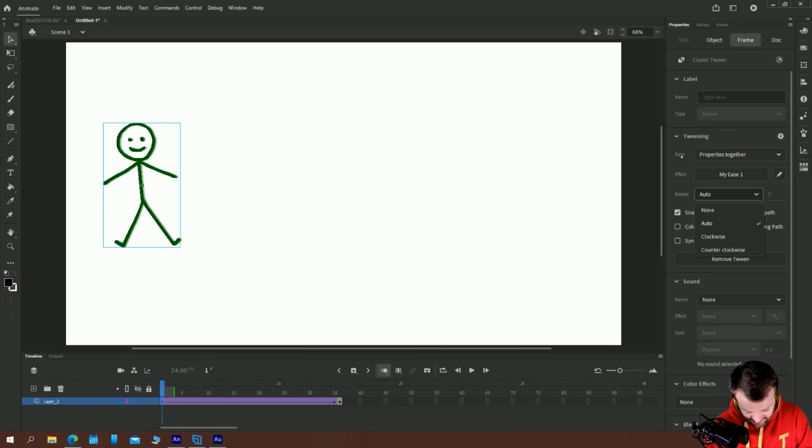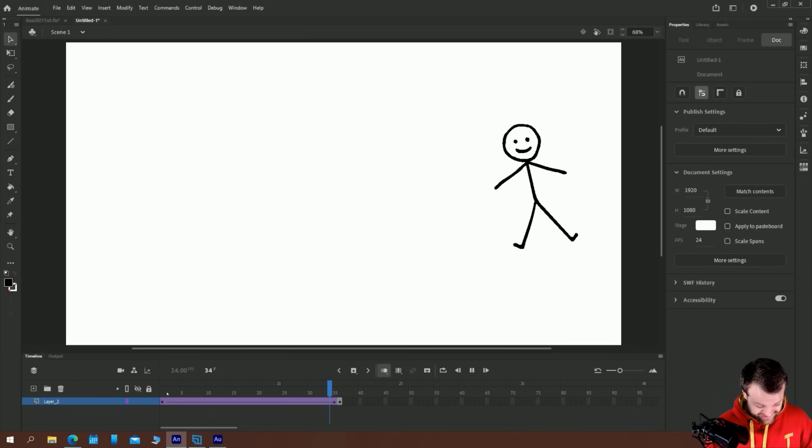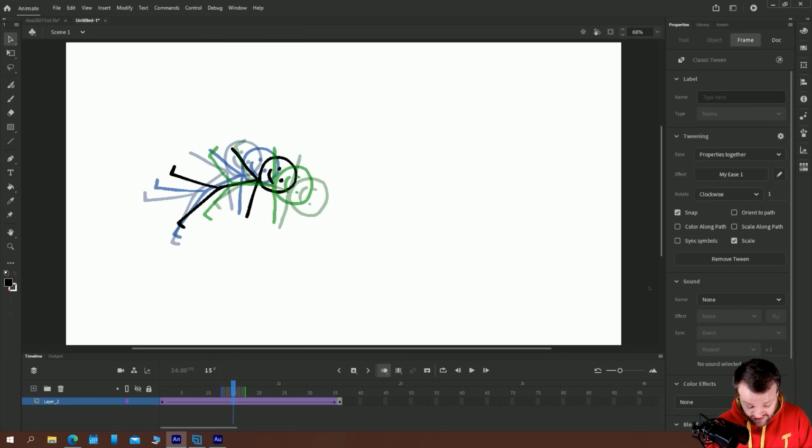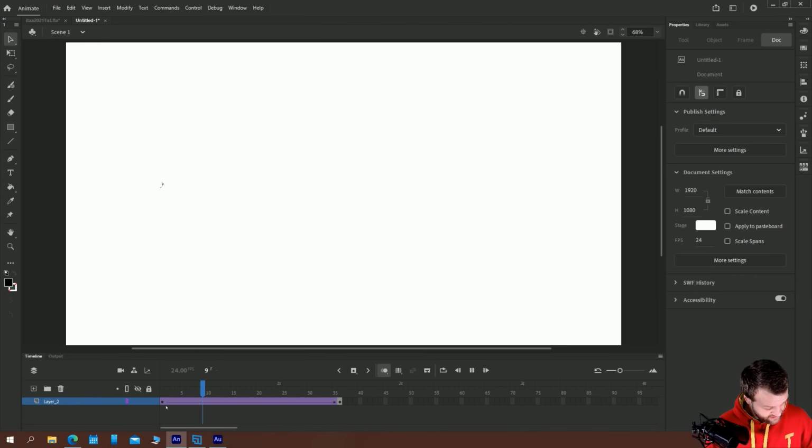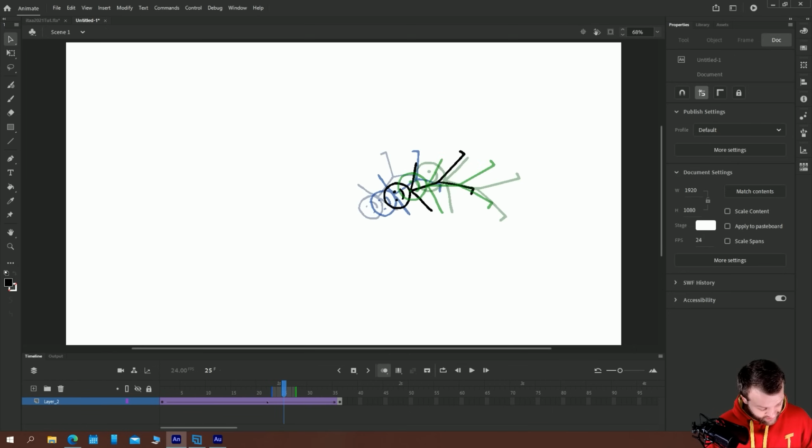So you could say, I want it to rotate clockwise one time during its transition, which it will then do. Quite useful for certain situations. And you've got all sorts of other things as well. You can orient a path, sync symbols, scale along path, all sorts of stuff. So here it will scale up from 0 to 100 if you select scale along path. Could be useful in certain situations, but if you're doing something that complicated, I would just animate it because you